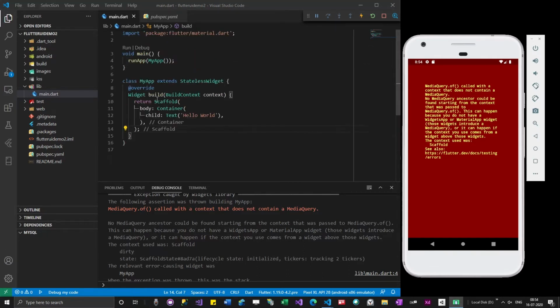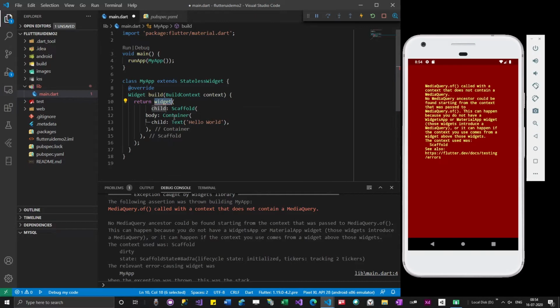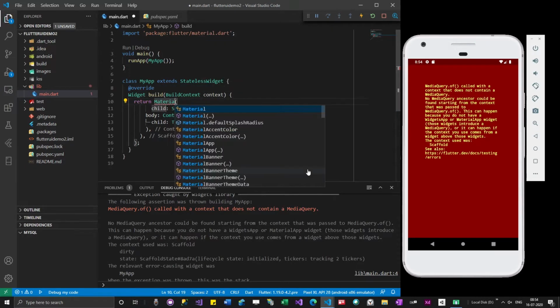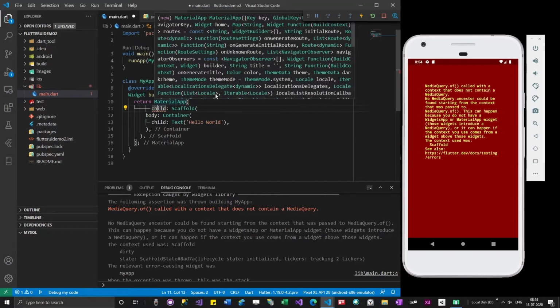Okay, so how I'll add material app is I'm just going to click this bulb, wrap in a widget. Wrapping means, like I told, it's like a burger or some roll. Material app, and then you can see it immediately has thrown an error. You can see in the code section where the widgets are taken, it is the home.